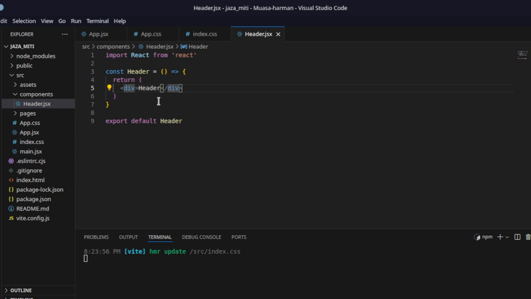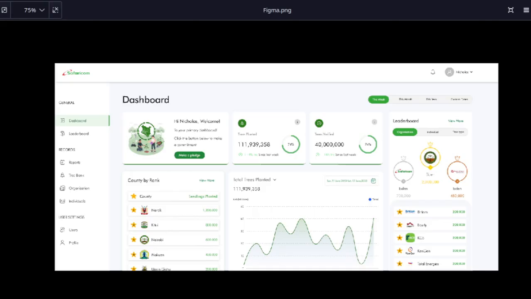So what we need here, the first thing that we need in our header, is the naming convention of the dashboard. Let us see how the dashboard looks. So the header is filling the whole